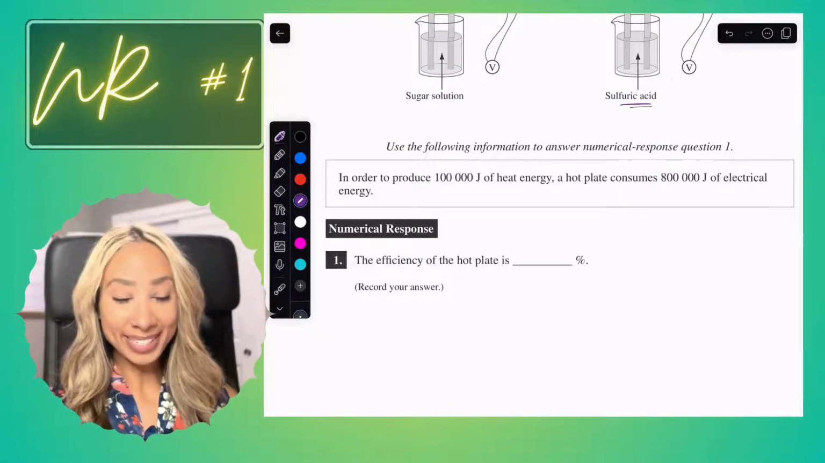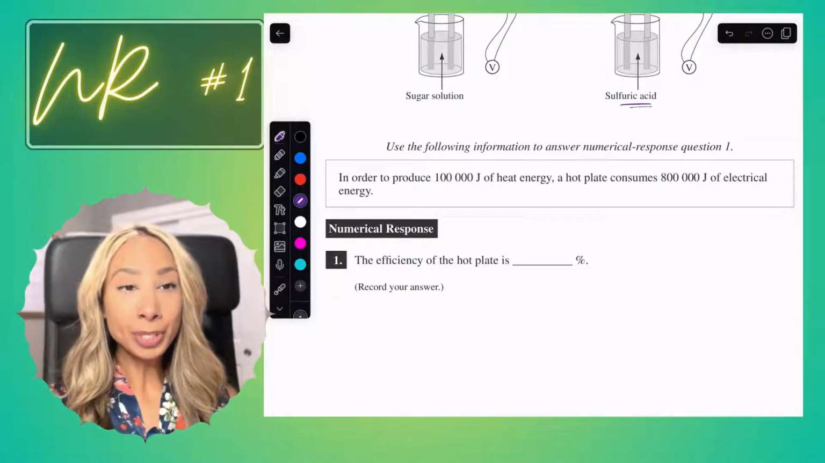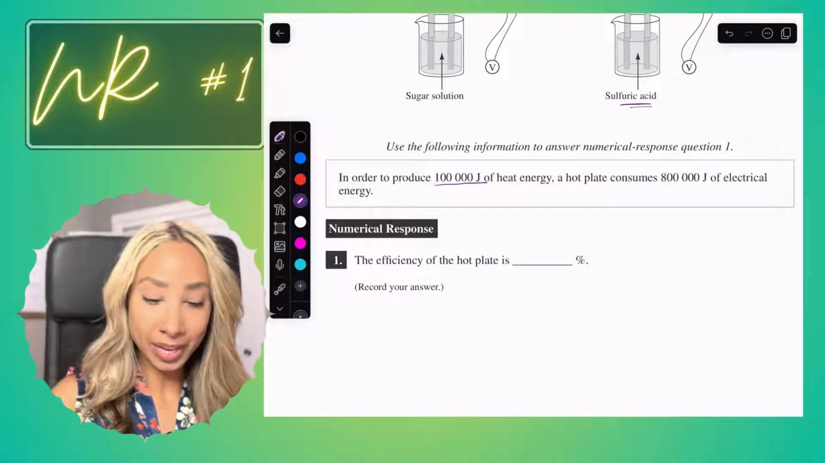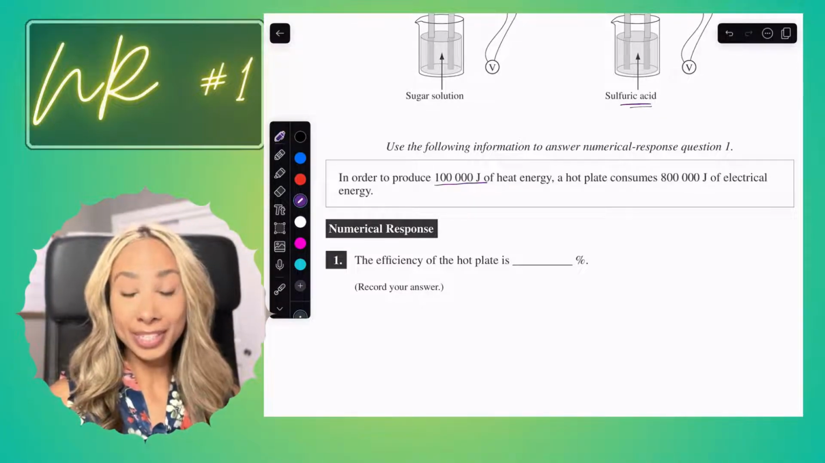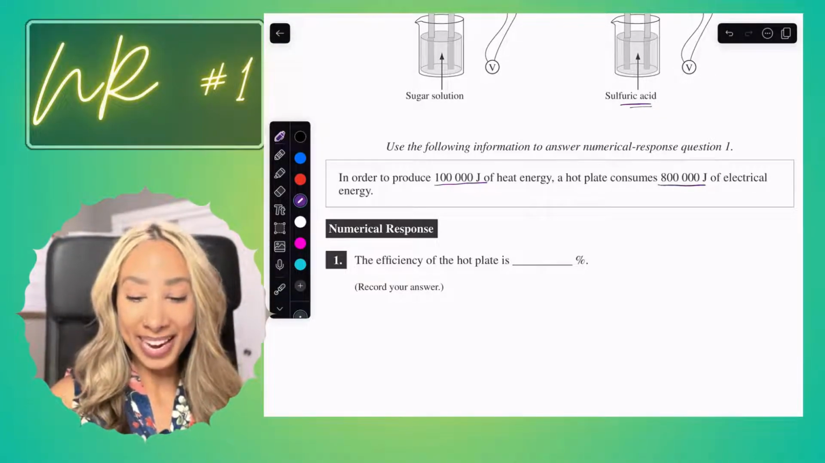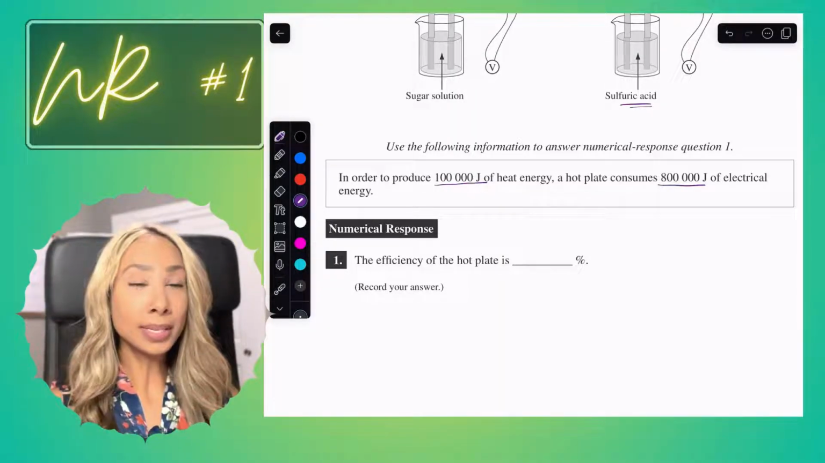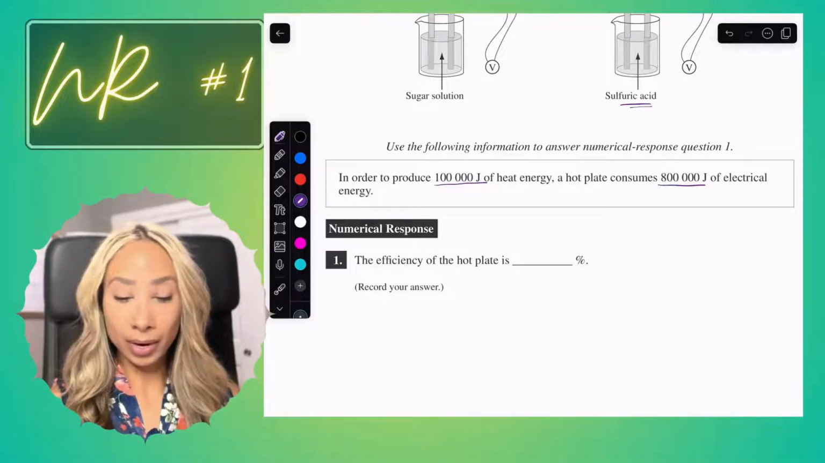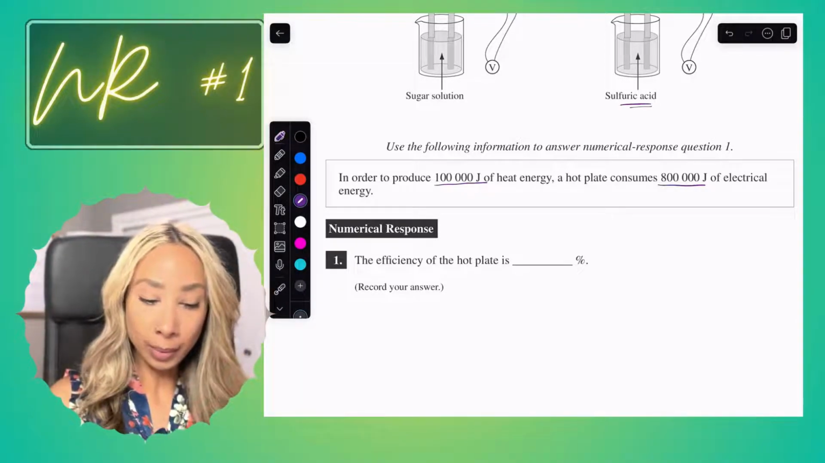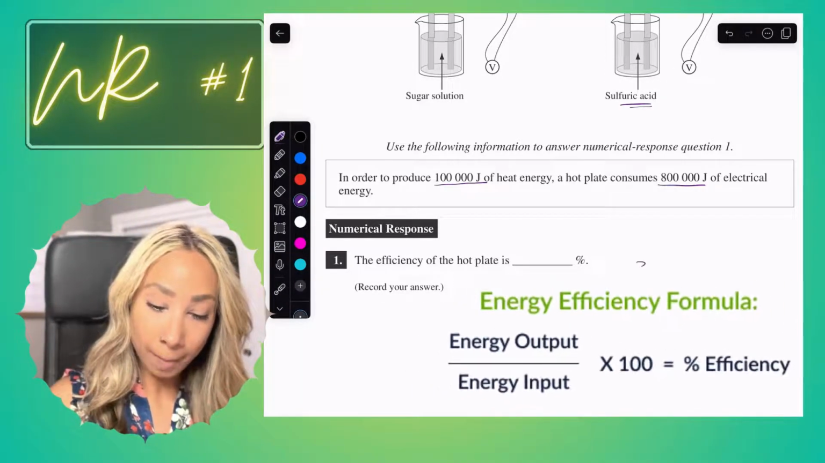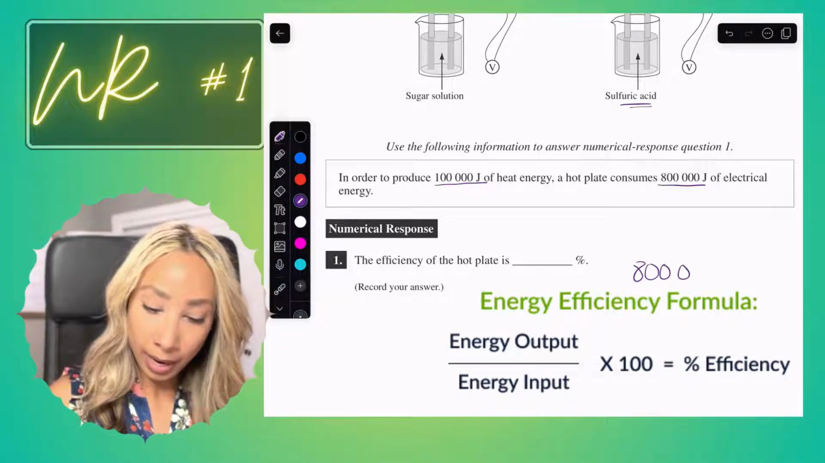Okay, numerical response number 1 here. In order to produce 100,000 joules of heat energy, a hot plate consumes 800,000 joules of energy, and we want to know the percent of this. So for this one, we really just need to know how to create a percent. So we're going to take our input and our output. So our input is going to be 800,000,